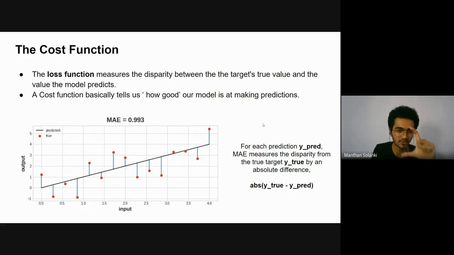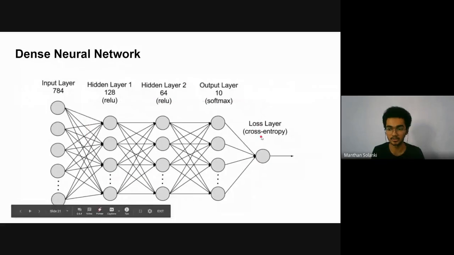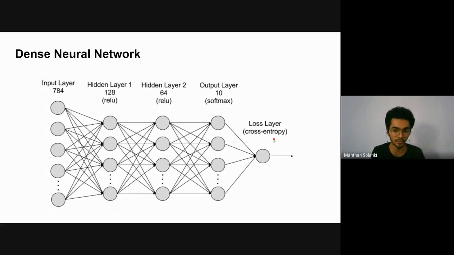So this difference between predicted and true value is called the loss function. The loss function will tell us how well our model does on our image. Now, if I have 10 images in my data set, I will pass every image in my data one by one, and I will calculate the loss for each and every image.